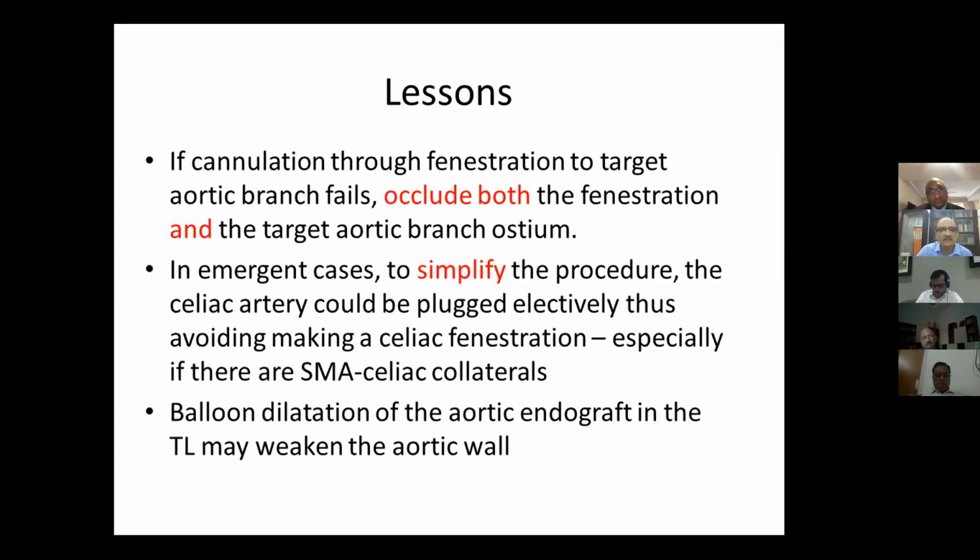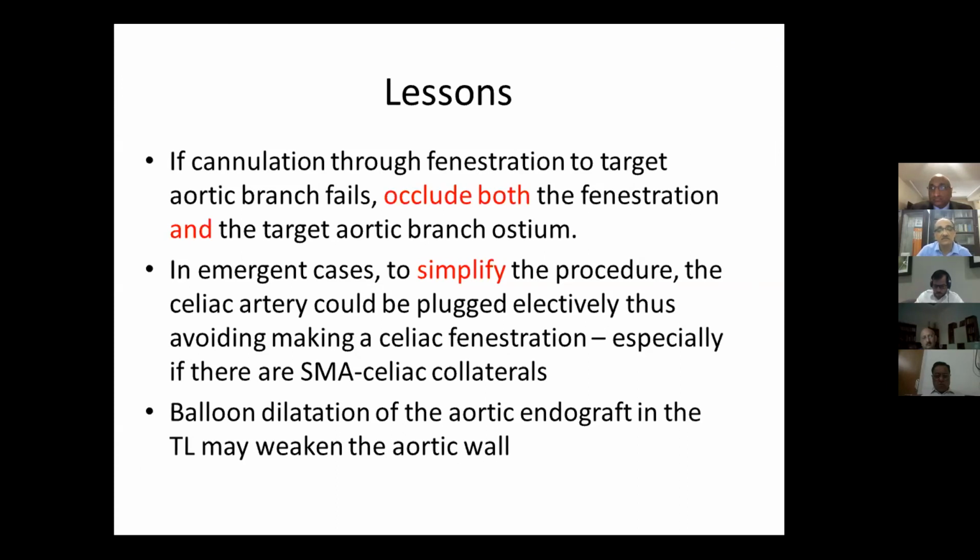So the lesson we learned from this case was that if you fail to cannulate through a fenestration, reach the target artery, then you need to occlude both the fenestration and the target artery. If you leave that target artery open, you will get a reverse type 2 kind of endoleak, which in this kind of situation was quite